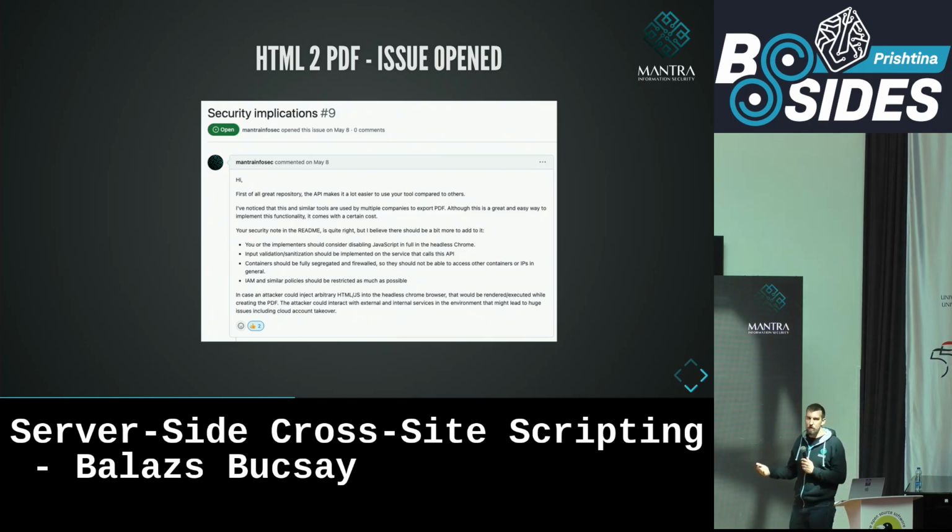So, I like to be fair, so I went on GitHub, and then I opened a new issue about security implications, and I detailed that maybe that one-liner security note, which is quite cute, should be expanded a little bit. Here are the things that I would put in there. Maybe you can do a little bit of research on that.